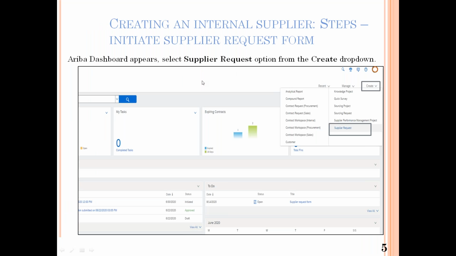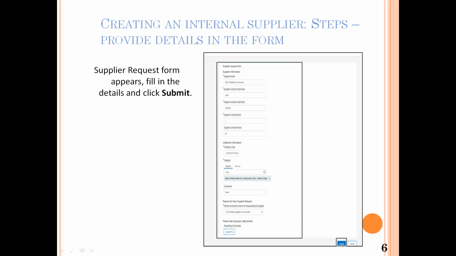So here I have just taken a few screenshots for you guys. This is how the SAP screen looks like, and here there will be 3 tabs: recent, manage, and create. Here you can see the supplier request tab will be there. The moment you click on the create tab, this pop-up will appear, and here you have to click on this supplier request. The moment you click on supplier request, you will be able to see this kind of form where you have to